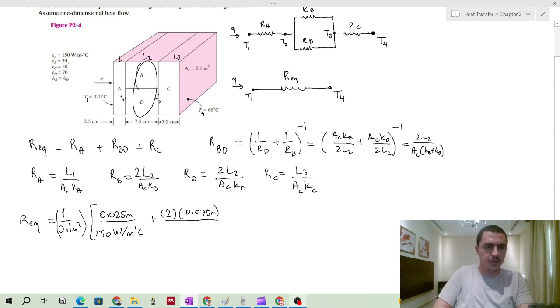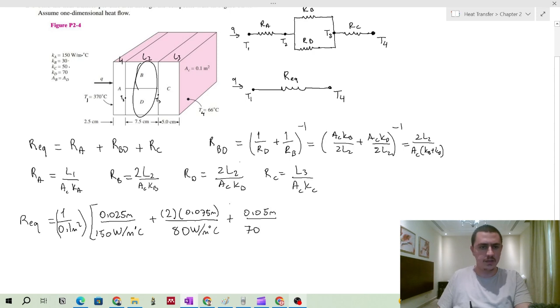Okay, so 30 plus 50, you will get 80 watt per meter Celsius, and plus you will have RC, which is L3, so 0.05 meter over